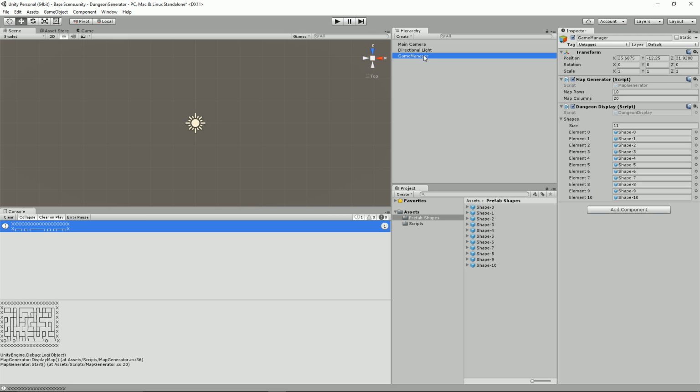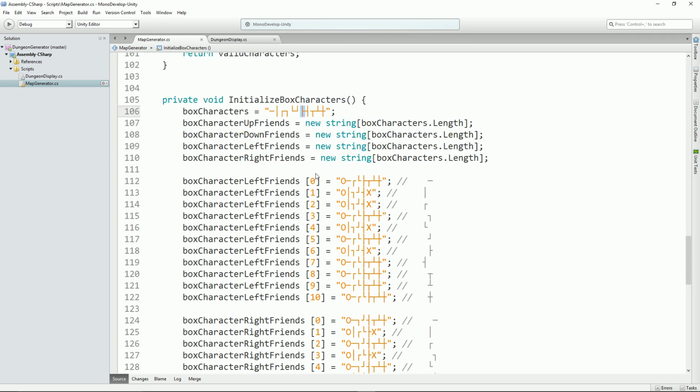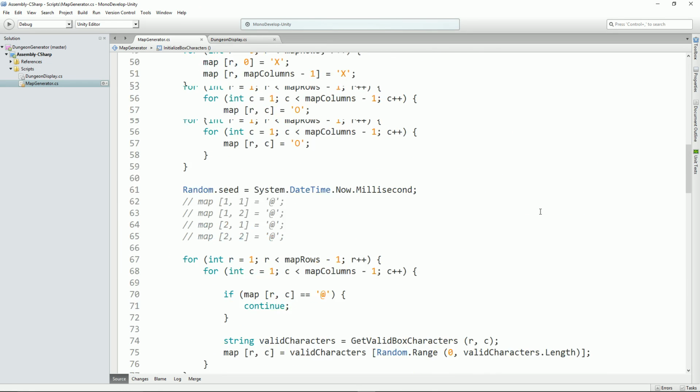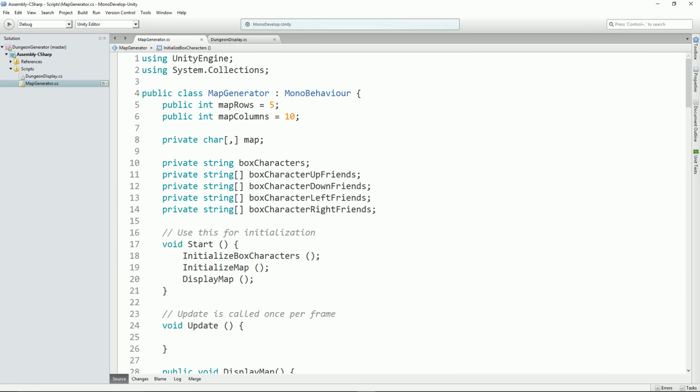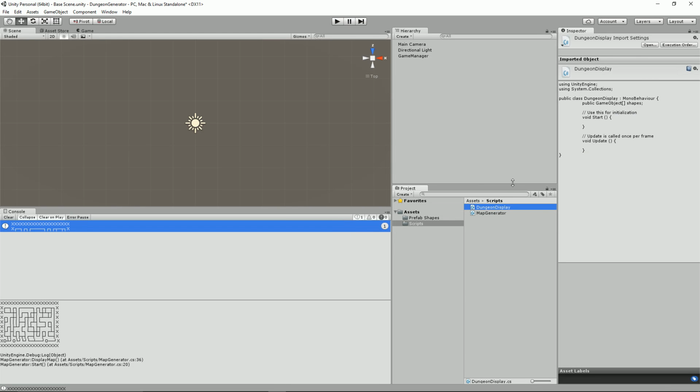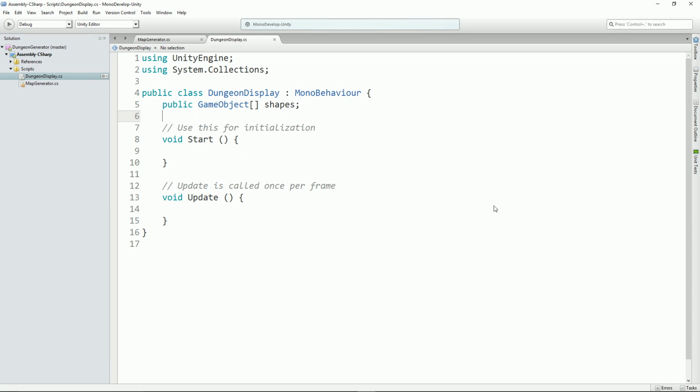So now we've done that, one thing I've realised, if we go back to our scripts and we look at map generator, we want this map to be generated before this dungeon display actually does anything. So let's, rather than put this in start, put this in awake, and that runs before start. I hope I've got it right, and that means that when we get our dungeon display here, if we go into dungeon display, there we go,